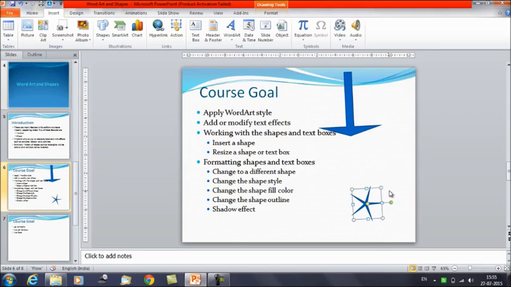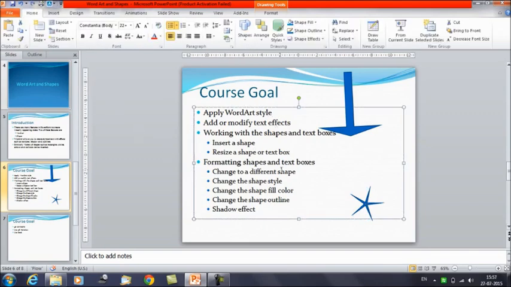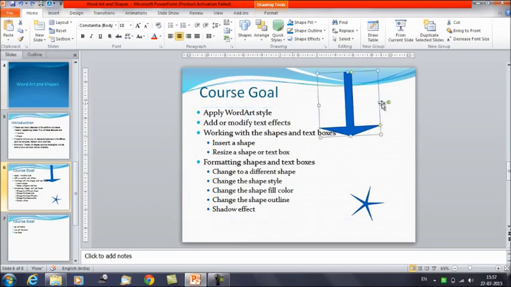So by inserting any shape and with the help of the sizing handles, you can change the height, you can change the width of a particular shape. So that's how you can resize the shape. Now the other thing we'll discuss is resizing the text boxes. Now as we have seen that we have resized the image, let me make it broader. Let's say we are going to insert a text box here.